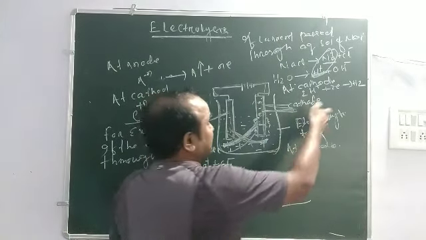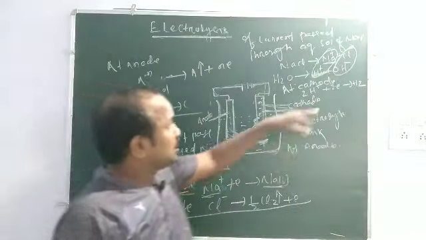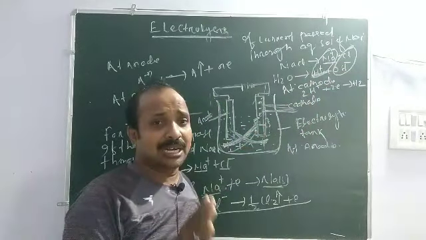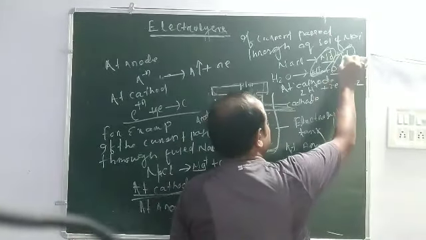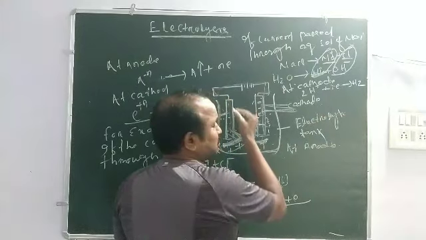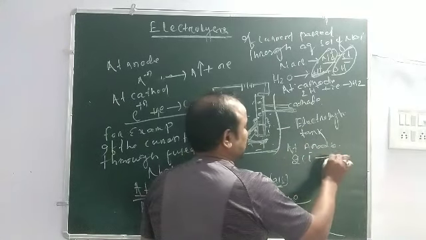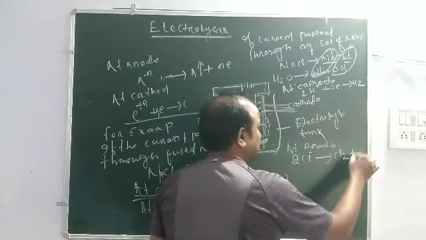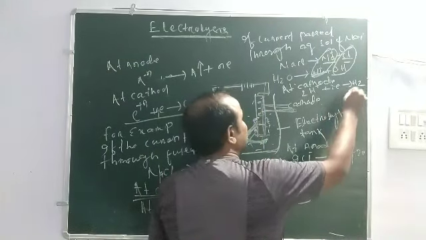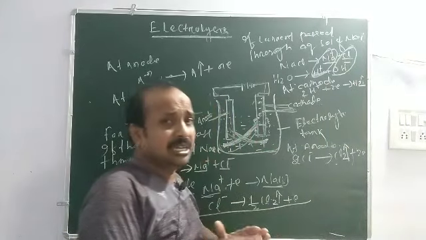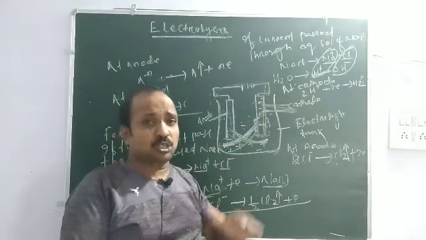Like that at the anode, here there are also 2 negative ions. So which one goes toward the anode? We say the less reactive ion goes toward the anode. Out of OH- and Cl-, Cl- moves toward the anode. When 2 Cl- reach the anode, they convert to chlorine gas plus 2 electrons. Here Cl2 is liberated at the anode, and hydrogen is liberated at the cathode because it is in gaseous form. That is the electrolytic product of an aqueous solution.